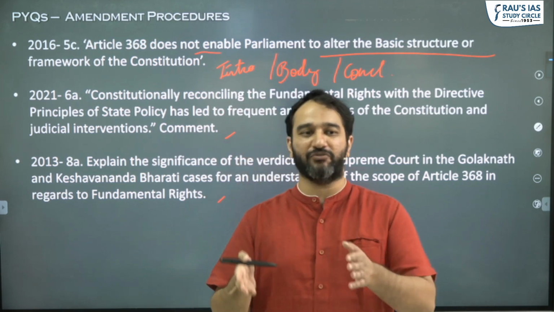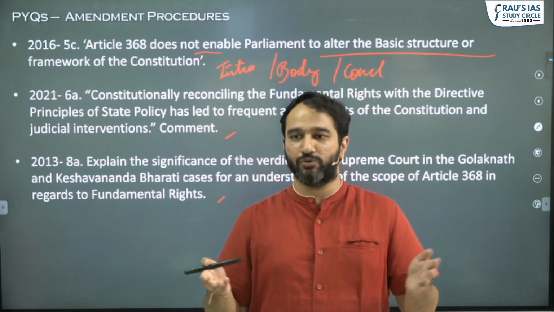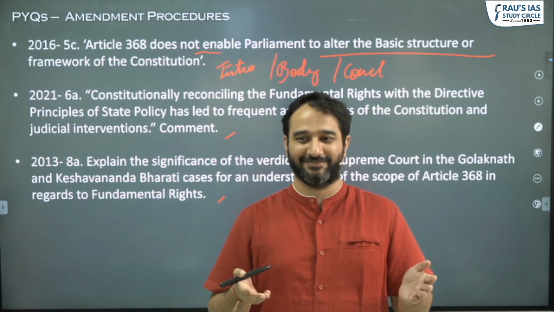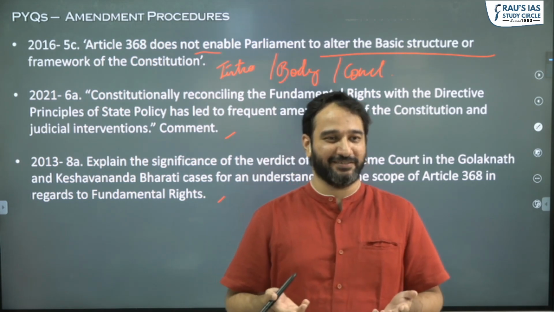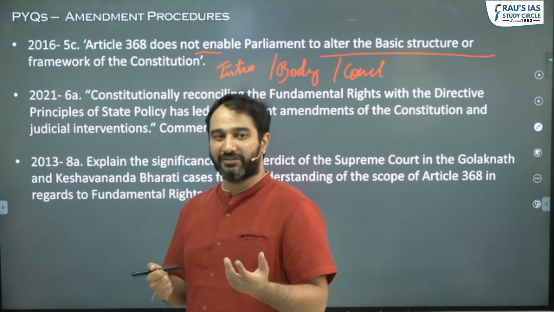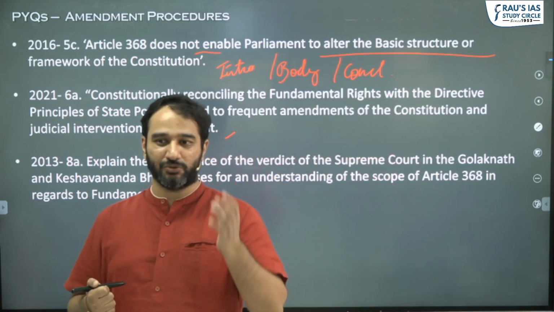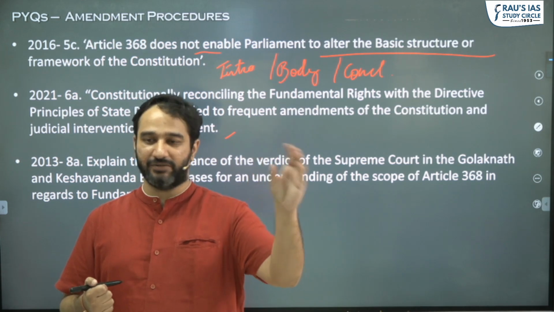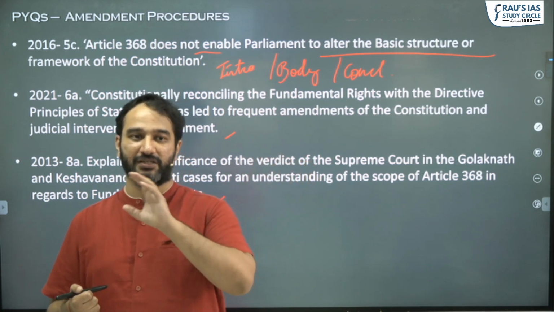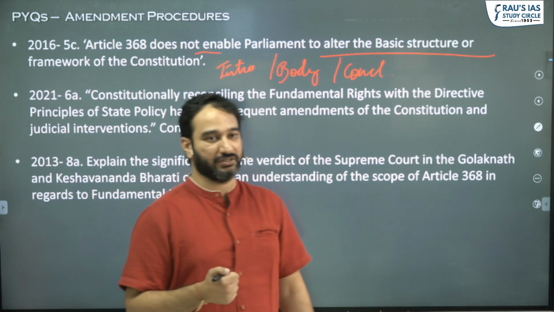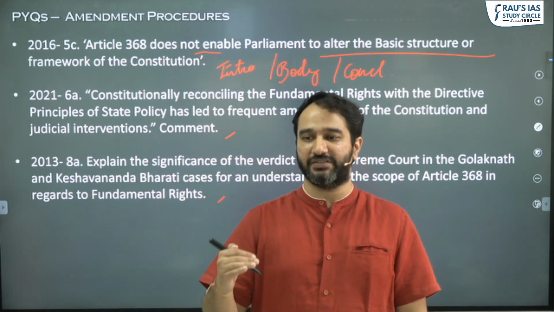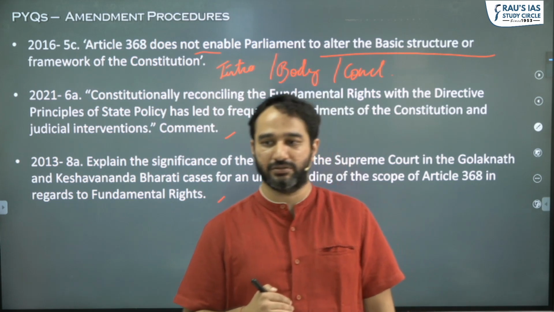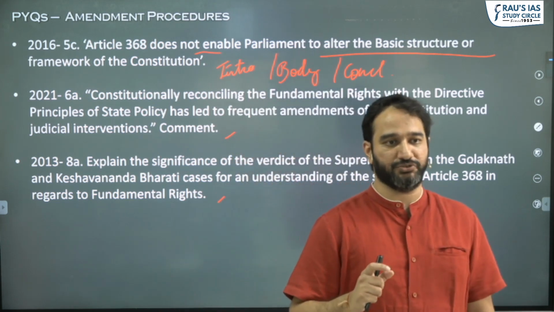Because in GS, you write a way forward. But there is no way forward on Mahatma Gandhi, no. There's no way forward on all of these ideas. So how do you then write a conclusion? In some answers, there might be a way forward, but in some answers, the conclusion has to be written very differently. And that we'll do separately. Those are separate classes which we'll do continuously within your course, on how to write good conclusions.